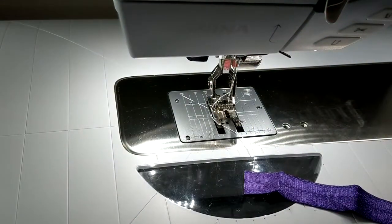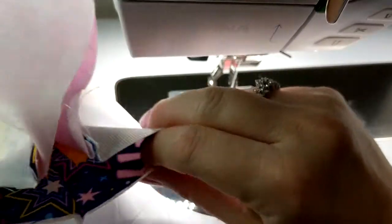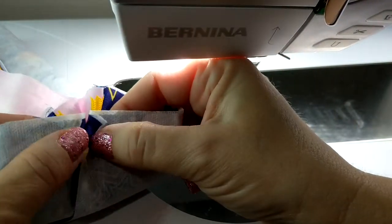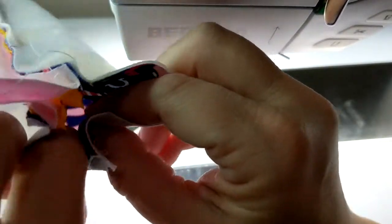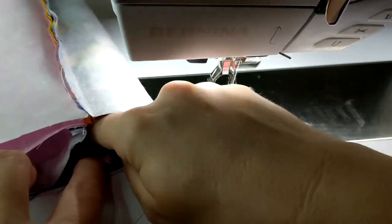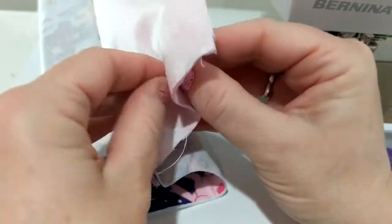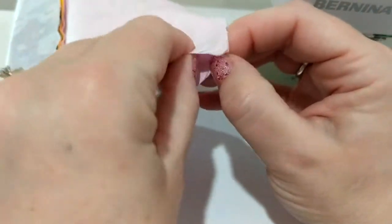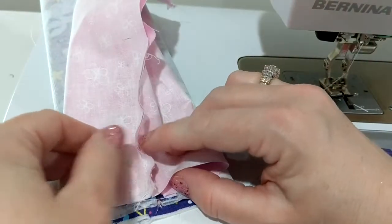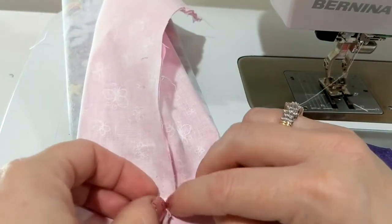So now we're going to fold this. Oops, I have another thread. We're going to fold this in on itself. So here's my zipper. And here's my seam. I'm going to pull my seam open. I'm just going to finger press it. Okay, so I'm going to take this and we're going to make this little flat sandwichy thing. Open it up. It's going to go like this on top of itself. We're lining up seams and zipper. So we're just going to press this open. Finger press it open